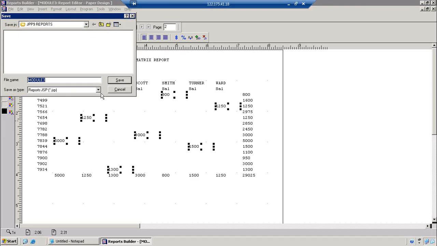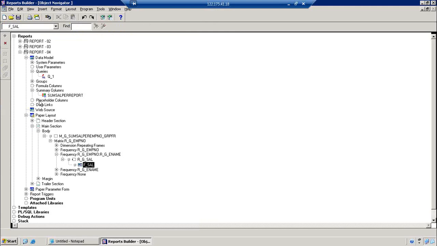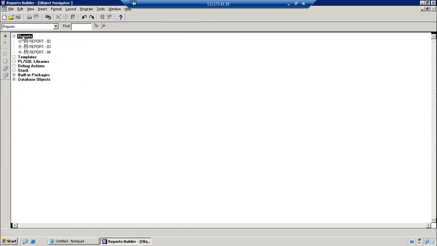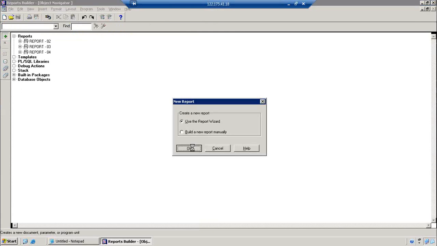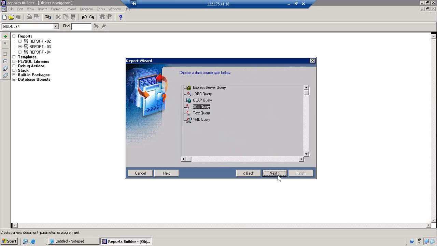Then we'll save it in RDF format as Report 04. Right. Once it is completed, now we want to develop one more report, the last report. Then now you tell me, okay, what are the columns I want to select? Matrix with group, details report. Next,